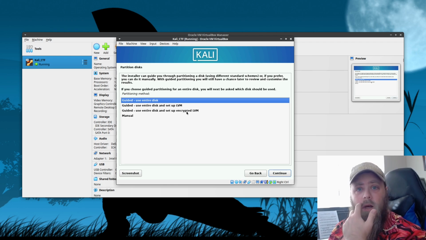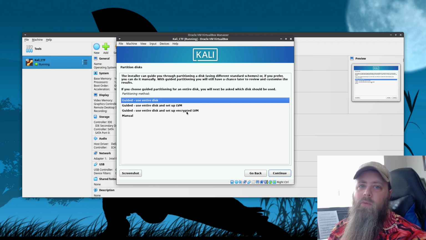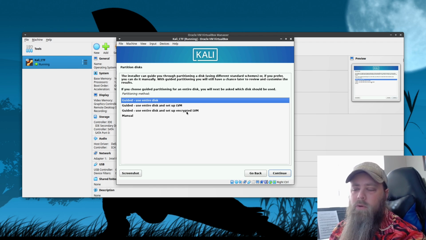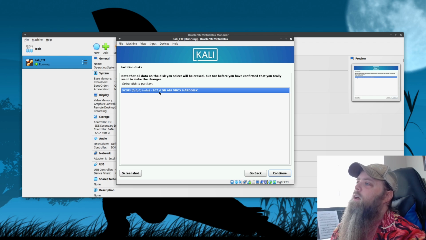Like I've got a laptop that I've got Kali installed bare bones on it, and I do have that drive encrypted because I don't want someone accidentally getting in there and messing around with things that they don't know what they're doing with. But for this, I'm just going to use the entire disk and leave it unencrypted because I'm the only one that uses my PC. Alright, and as you can see, it has detected that 100 gig VirtualBox hard drive that